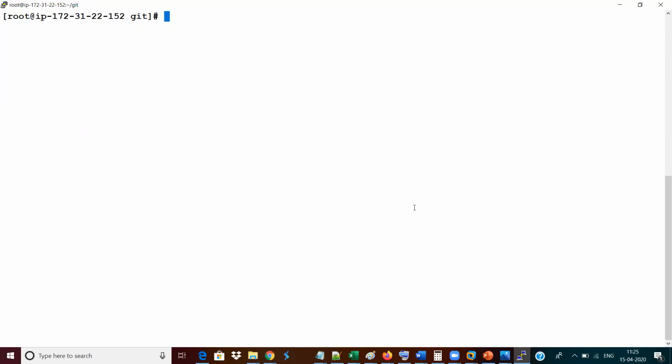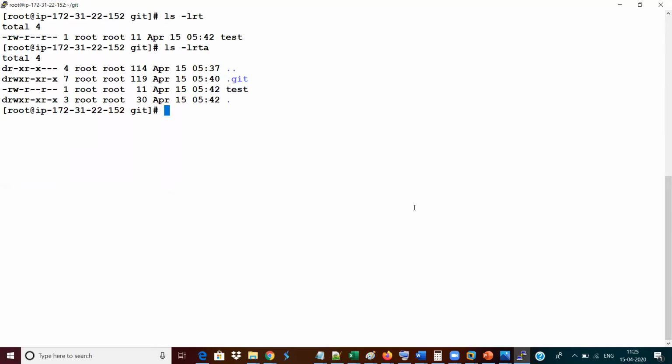I have created one file. Do you remember that? This file is available here. This file is now external to Git. It is not inside your Git, guys. It is not inside your local Git repository. So this .git folder does not have any information about your Git test file. It is not available in it.